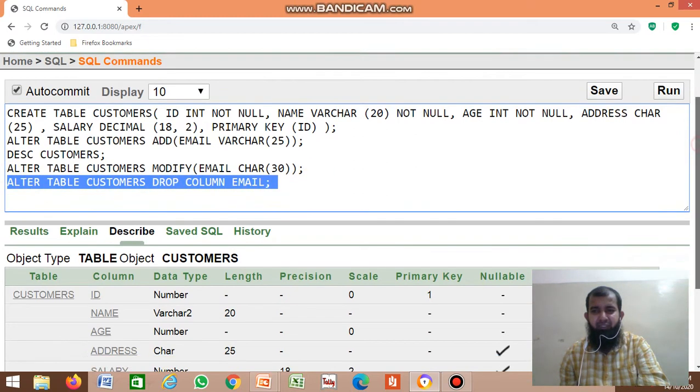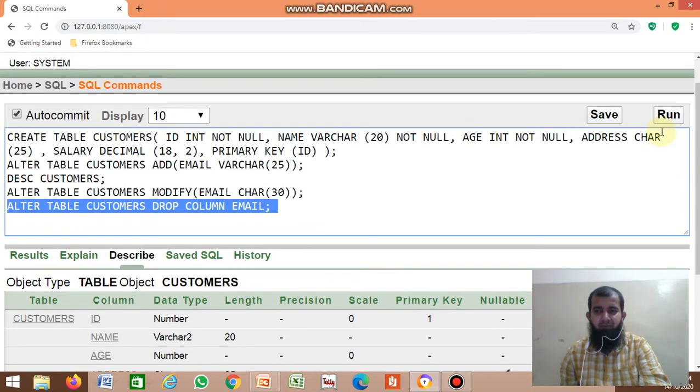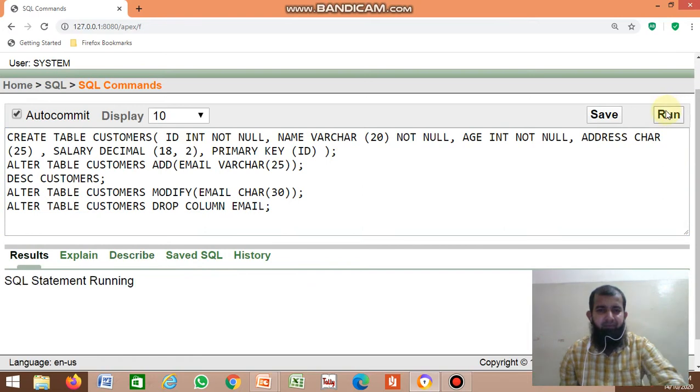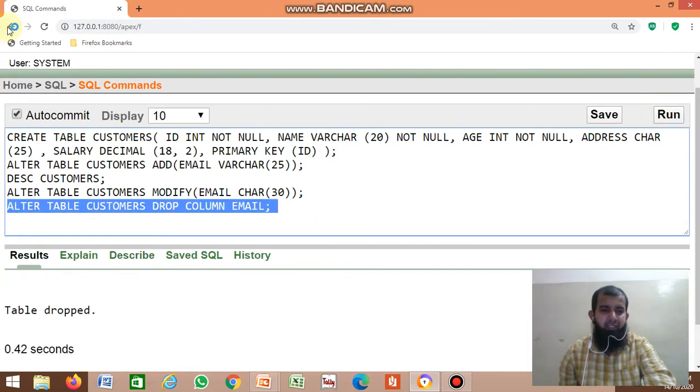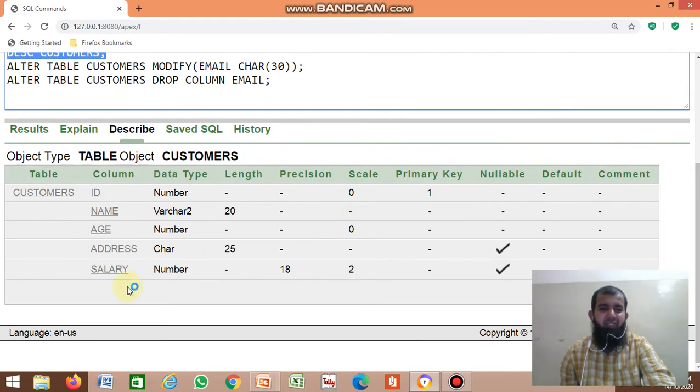Before I execute, the email is present here. So table altered here. Now you check the describe command, it displays all the columns and data types. No, email is not present here. So email got dropped, got deleted.